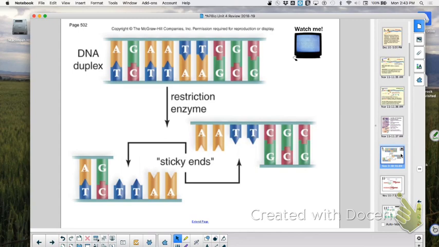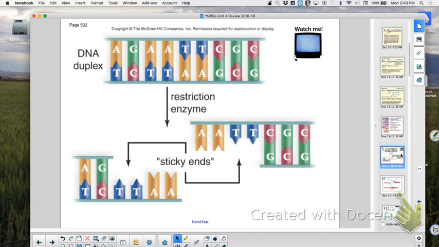Okay? So when they cut at that particular recognition sequence, you're assuming the more related organisms are, if you're going to do comparative biochemistry, right? The more similar their recognition sequence pattern would be, yes? And so you would expect them to have the same size fragments generated, which means that you would expect the same banding pattern in their what? Gel electrophoresis.